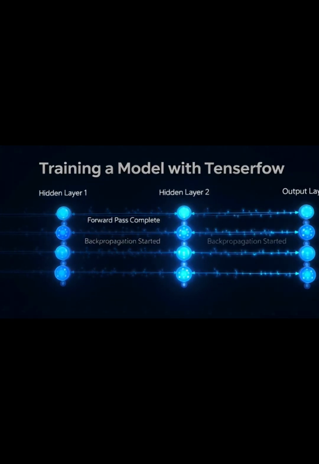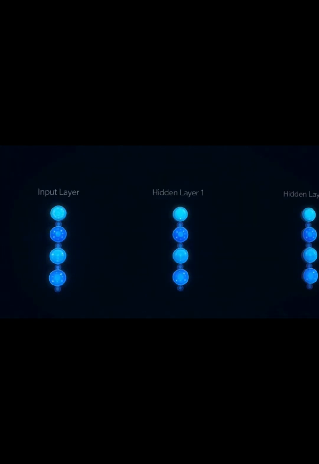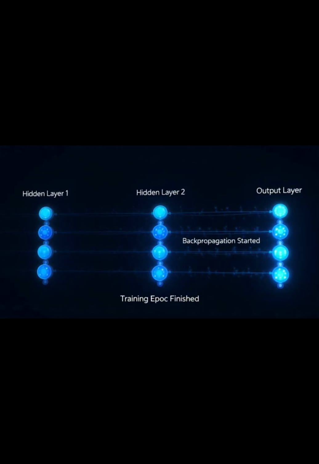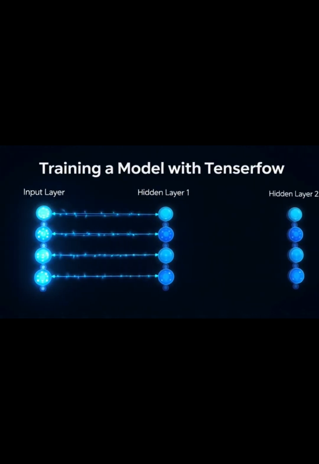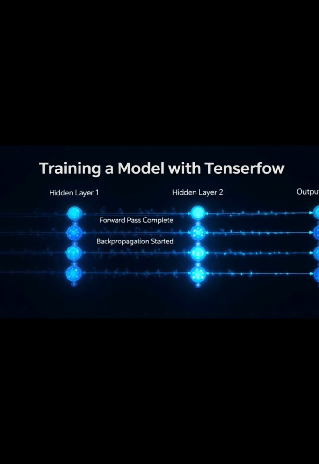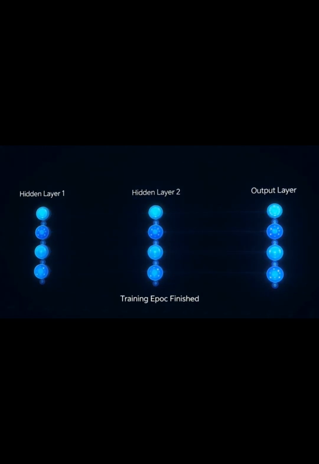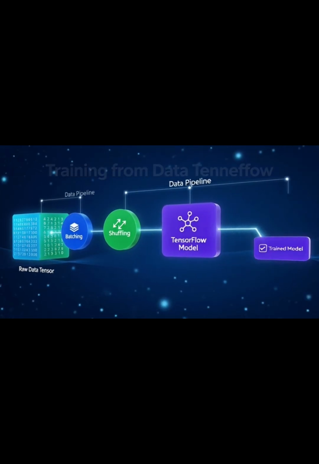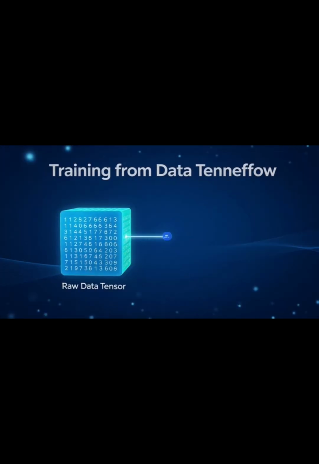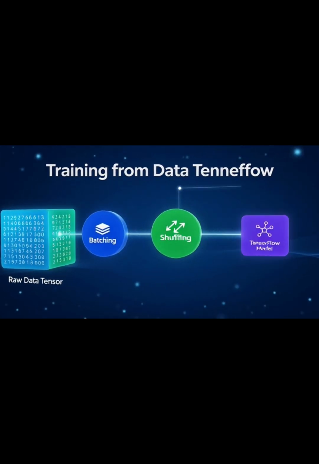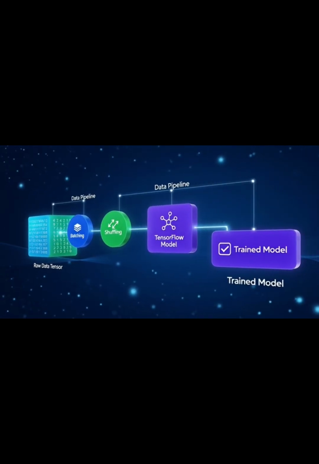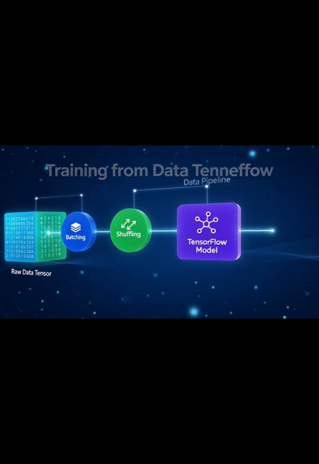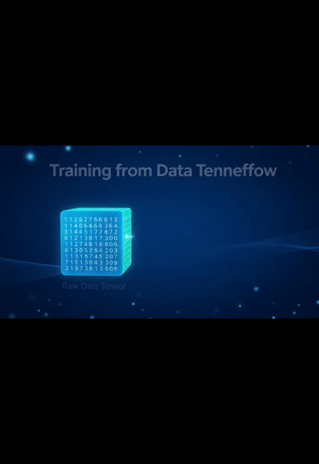How TensorFlow actually learns from data: a simple explanation. You give TensorFlow lots of examples, data equals inputs plus correct answers, called labels. Example: thousands of cat and dog photos plus labels. This is cat, this is dog. You build a model, usually a neural network. Model equals many layers of artificial neurons. Each neuron has numbers called weights. These are like tiny dials. At the beginning, weights are random, so the model makes very bad guesses.